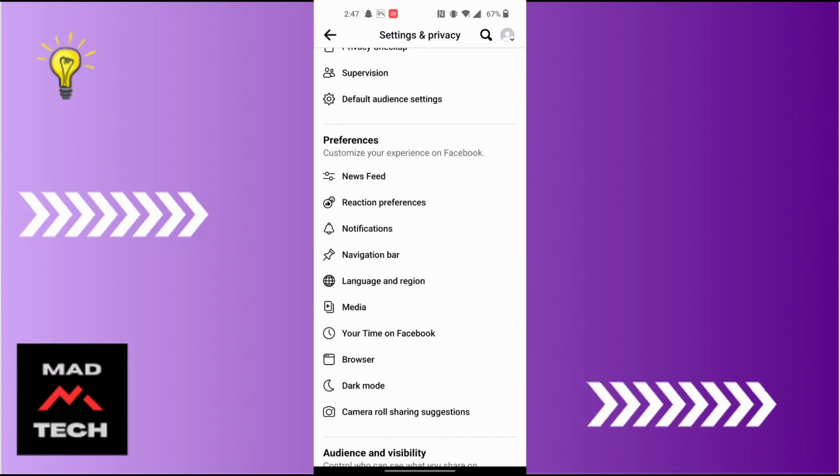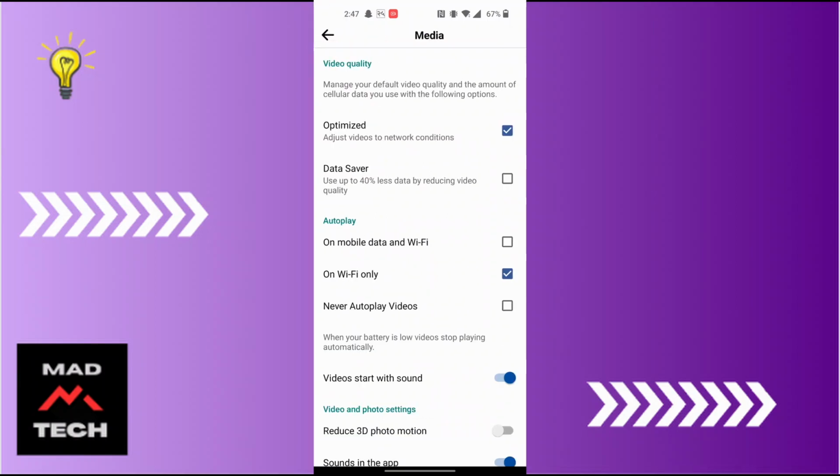Tap on media, and over here guys you can see where it says the video quality, and there are two options. If your option is chosen to the data saver one where it says use 40% less data by reducing video quality, make sure to choose optimize, then you will start to upload high quality photos to Facebook. With that being done guys, make sure also that your capturing device, which is a